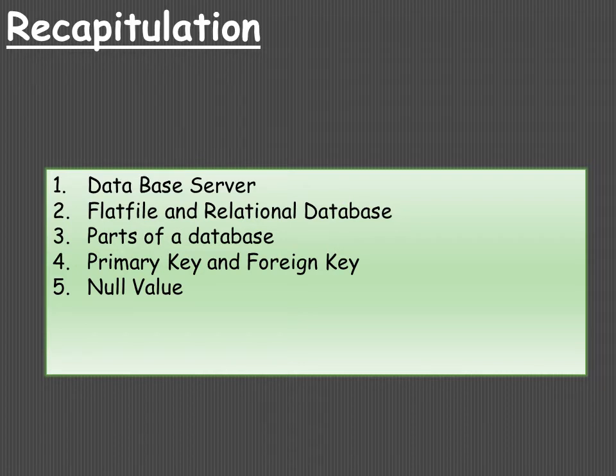Next is null value. Null value represents a value of an attribute that may correspond to missing information or some unknown information. If we say that the height of a person is null, it means that such a person exists, he does have a height, but we do not know what the height is at the time data was collected. Therefore, we mark it as null. So null is never equal to 0. Sometimes this question is asked in the exam: is null value equal to 0? No, null is never equal to 0. It is a legal empty value.